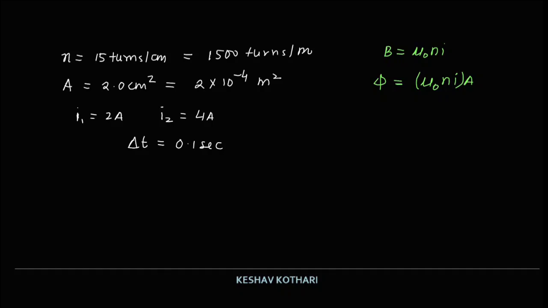So the change in flux will produce the EMF induced, and hence the magnitude of EMF induced can be written as d phi by dt. Now in this case, when we are talking about d phi by dt, we are talking about the current change that is taking place because all the other parameters remain constant. We are talking only about the current change with time. So di by dt will give us the value of EMF induced, and if we are calculating the average EMF induced, therefore the average EMF induced,